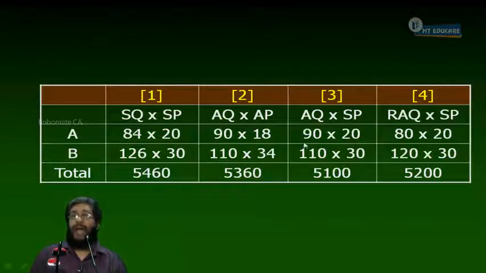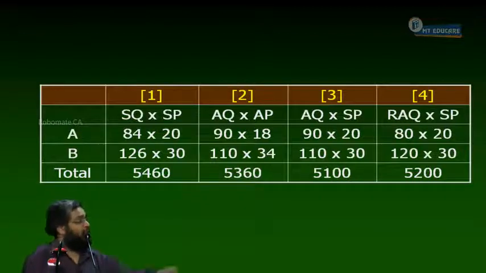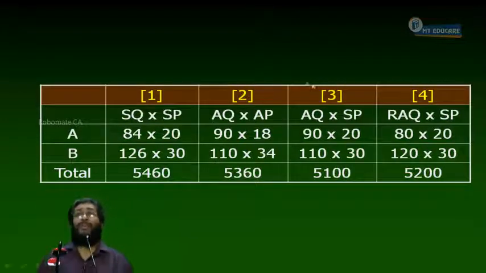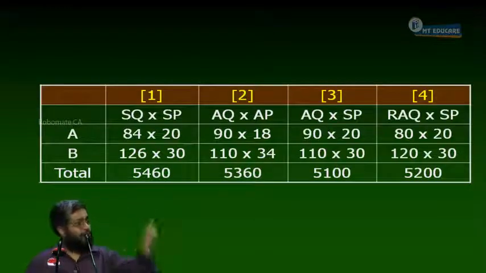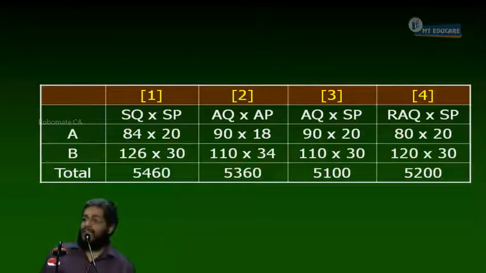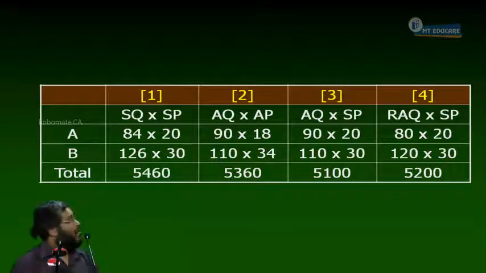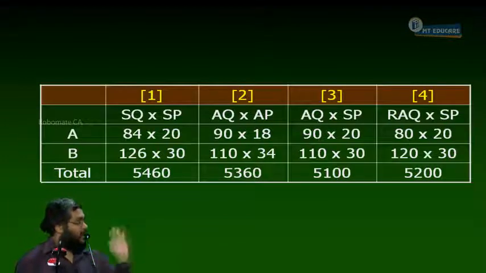What is AQ? Actual quantity in actual mix. If I see the mix angle alone, I call it mix variance. If I see the quantity alone, I call it yield variance. If I see both, I call it usage variance. Respond yes or no. Are you following? So tell me, why are 1 and 3 different? 1 is SQ in standard mix. 3 is AQ in actual mix. 1 and 3 are different due to two reasons: one is quantity, and second is mix. Looking at only the mix angle, and looking at only the quantity angle. Both give you the usage variance.